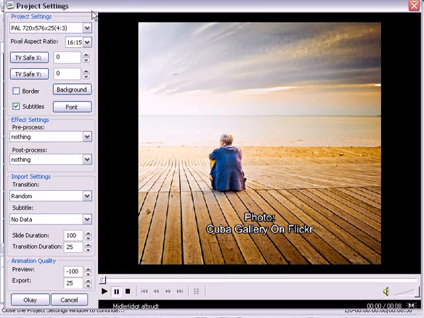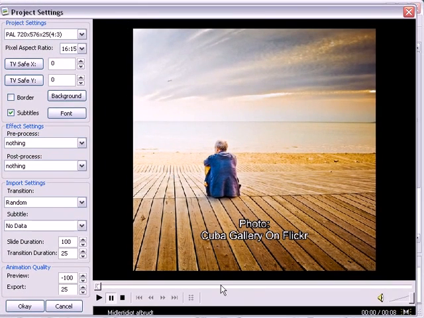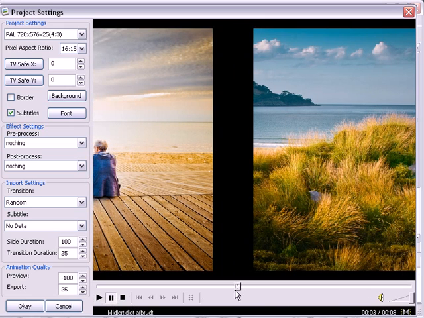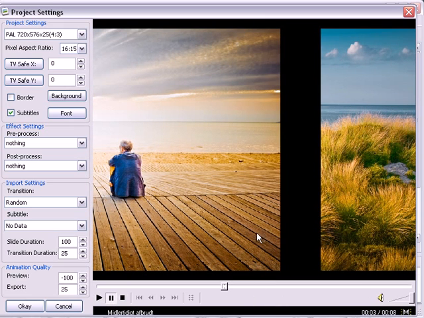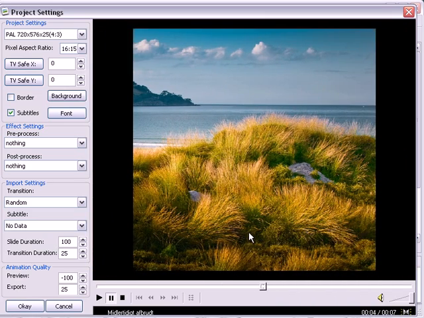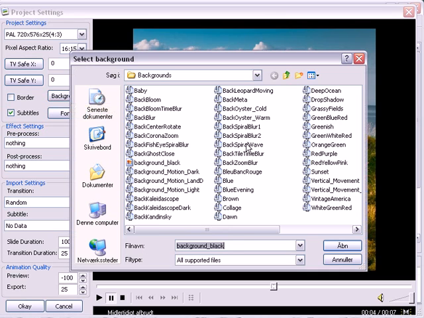different way, you can select the project settings, and here there's a play as well, where you can see the and there's a little nifty thing here that if you use the mouse wheel, you can go frame by frame to scroll through the things. This can also be useful, or the project settings, if you want to change your background. There are various backgrounds you can play around with,